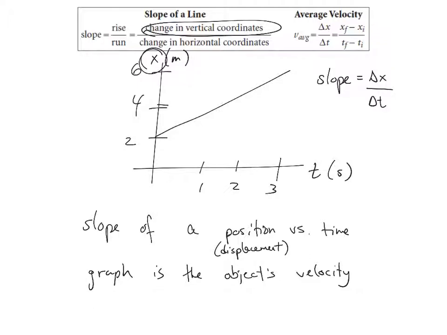Because I'm moving further and further from the origin, I'm increasing my displacement, so I have a positive velocity as I walk away. What if instead I had done this? What if I start here and I walk this way? When I'm moving this way, you have a negative velocity. Why? Because you're going left. Yeah, my displacement is negative.